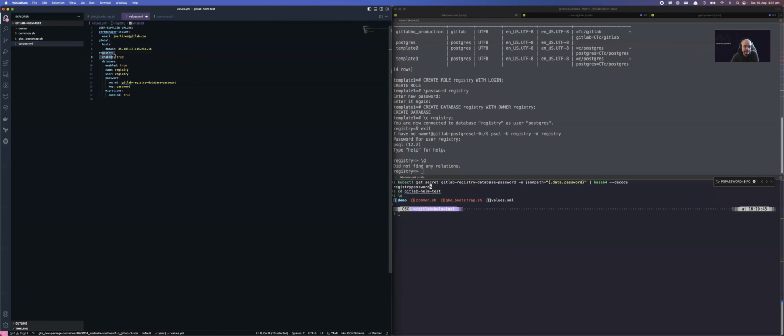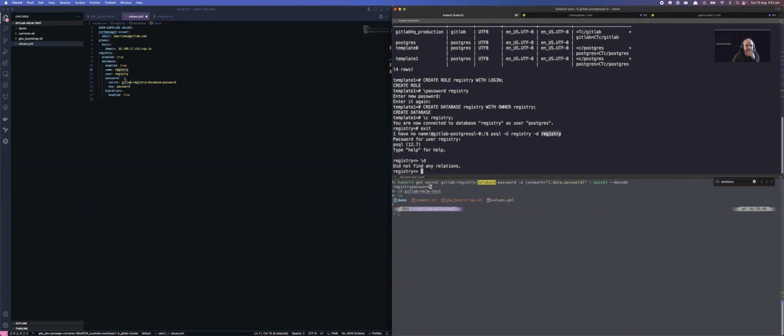Basically, what we're saying is, okay, the registry is enabled. We don't need to say that, but just for the sake of completeness, we're gonna have a database, and we're gonna say it's enabled. We're gonna use the name of the database, which is registry. The username is also called registry. For the password, here you cannot put plain text. You need to use a secret. So we're basically gonna reference the GitLab registry database password secret,